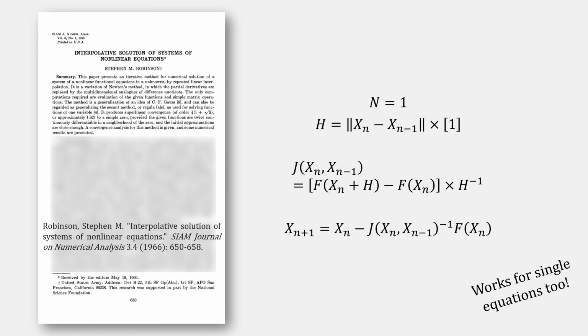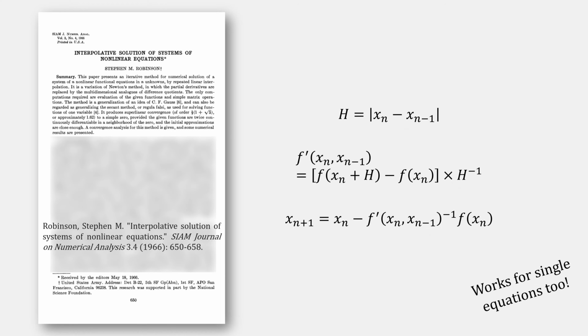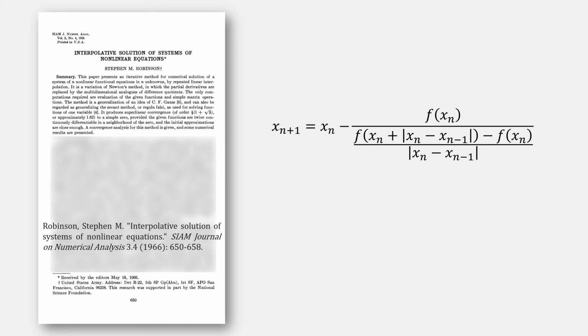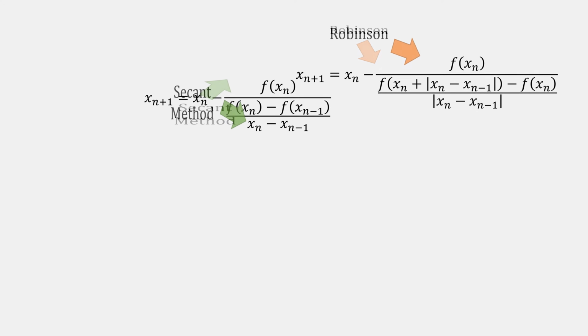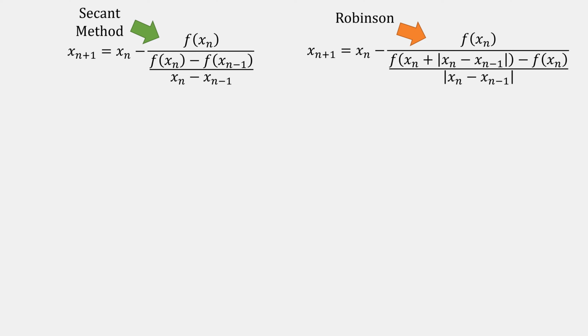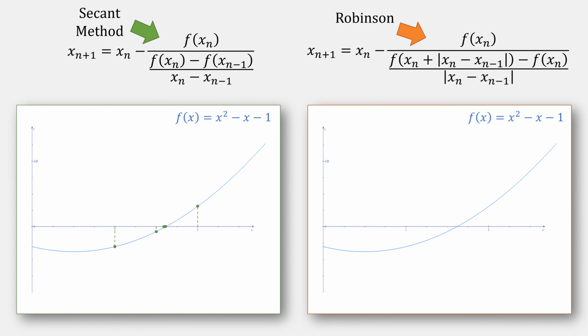If we let n be equal to 1, then we're essentially multiplying against 1, and we can rewrite and simplify our notation, giving this form, which is Robinson's method for solving a single equation. Notice how this compares to secant method. It looks awfully similar. Here are the methods visualized on the same equation, starting with the same 2 points, and they are incredibly similar. The difference, though, is that their starting points are reversed.